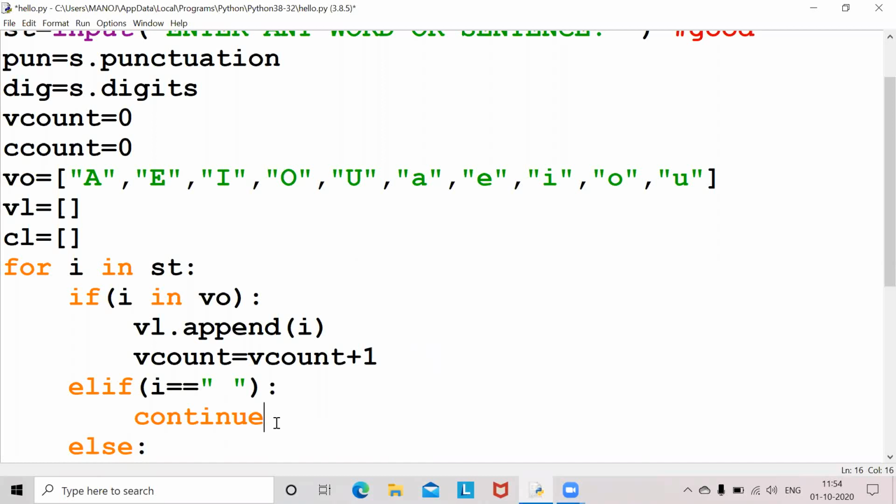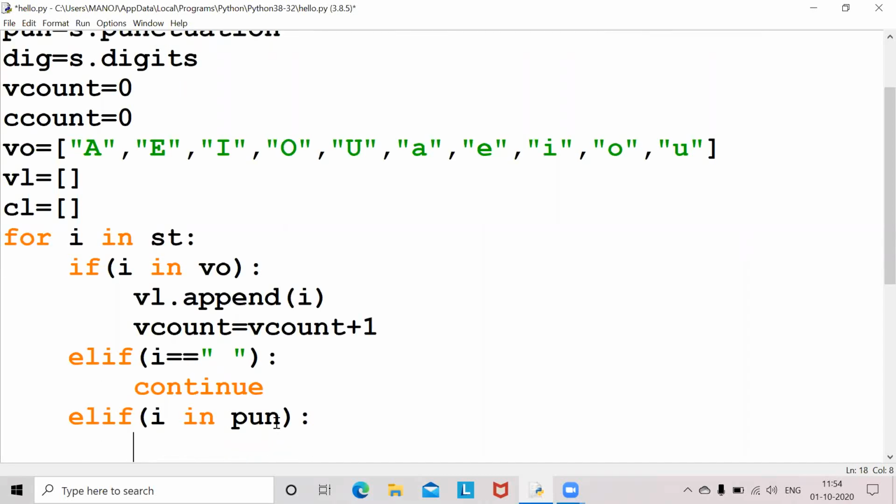Now let's see. elif I in punctuation PUN, then continue. Okay, if punctuations are there, I should not print them.